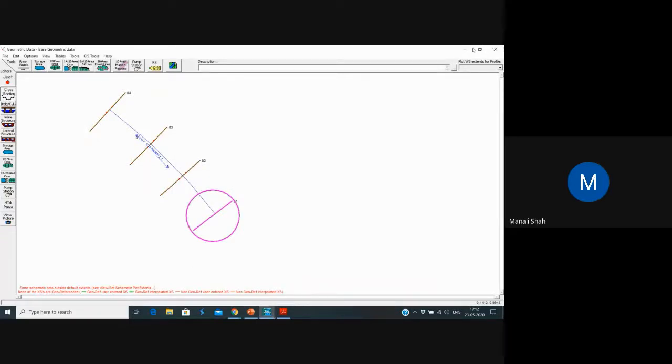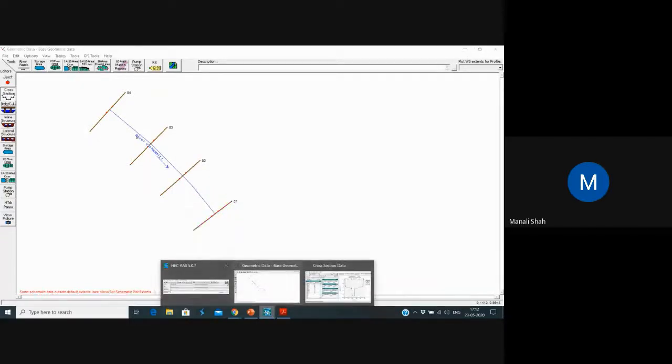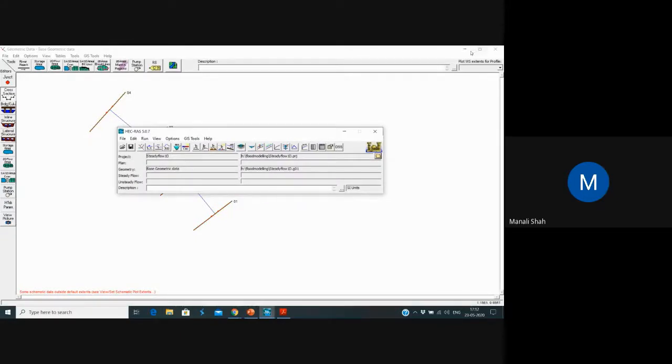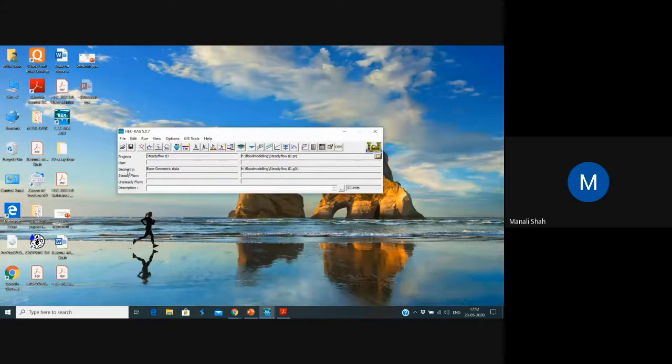Okay, so the file has been saved. We can see this in the main window. Is it visible? In front of geometry, it is written base geometric data, and it is stored in the flood modeling steady flow dot G01, which is the extension for the first geometric data. If we want to enter another data, then the extension will be dot G02. So once the name comes, it means that your geometric data is saved. Now let me just show you the